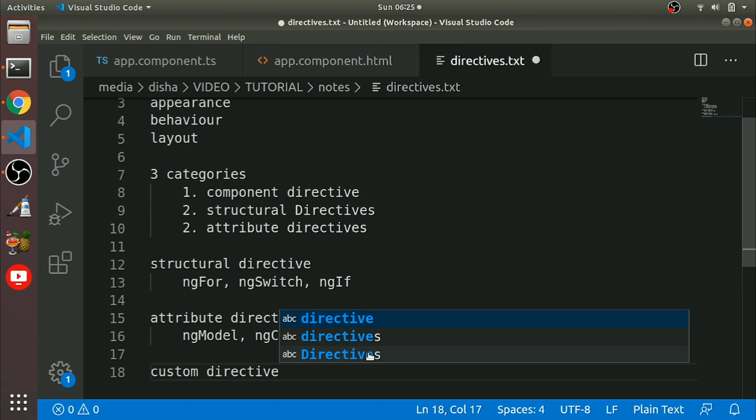Okay, so in this tutorial we have discussed only the theoretical part of directives, what a directive is. In my next tutorial we will discuss a complete example of these structural directives, one by one: ng for, ng switch. We'll see one example of how this is working.